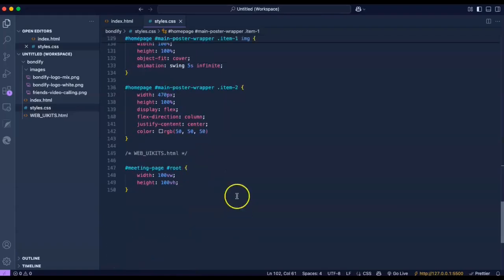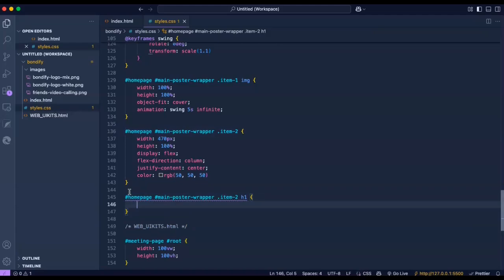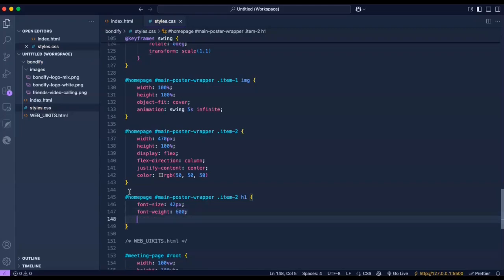So now we are going to work on the first element, which is heading 1, and so we're going to select that. And so first we want to specify the font size, which should be about 42 pixels. The font weight should be a little bold since it is a heading, so we're going to set it to 600, and then the line height we're going to set to 57 pixels. And the line height basically